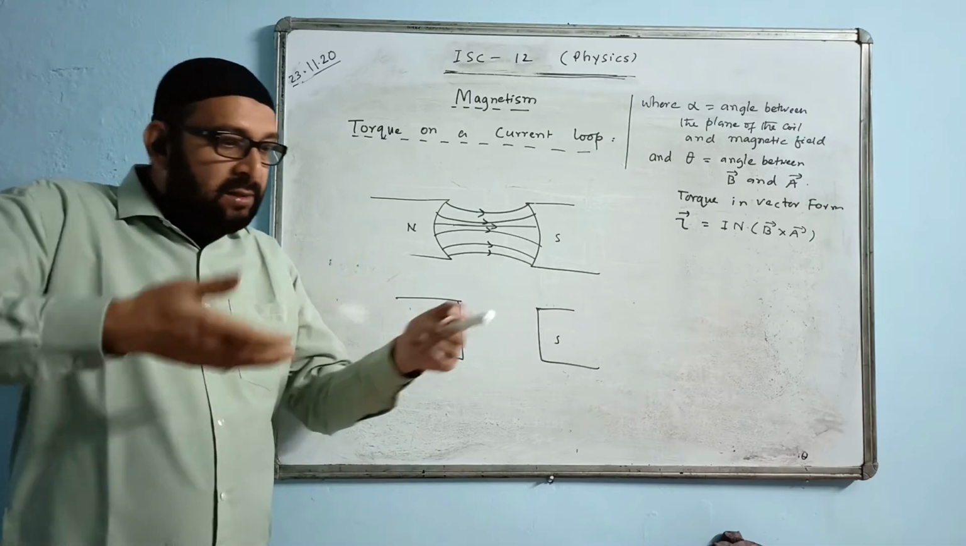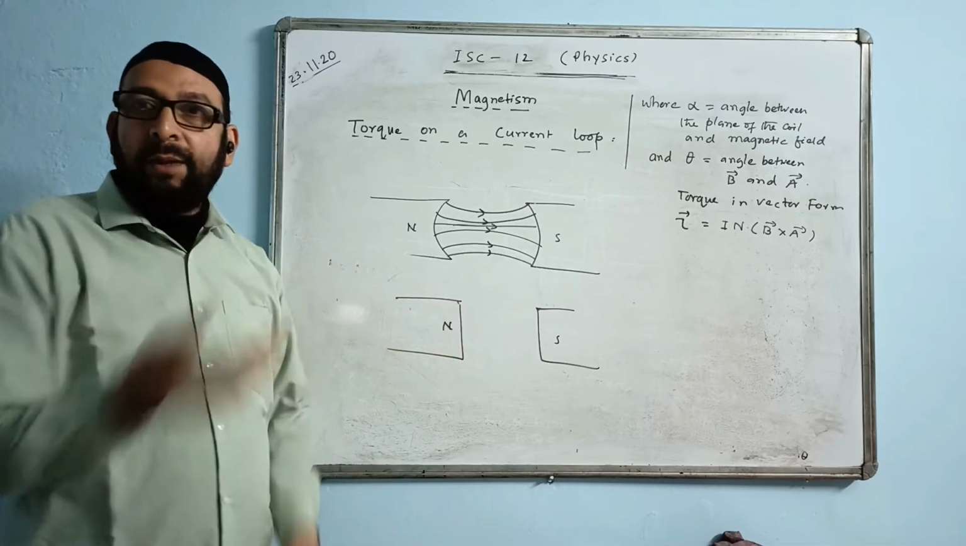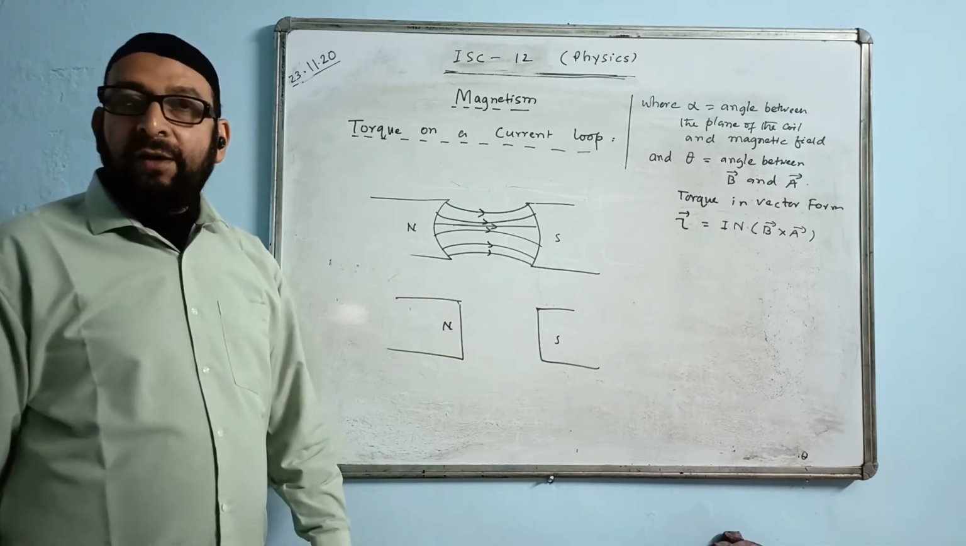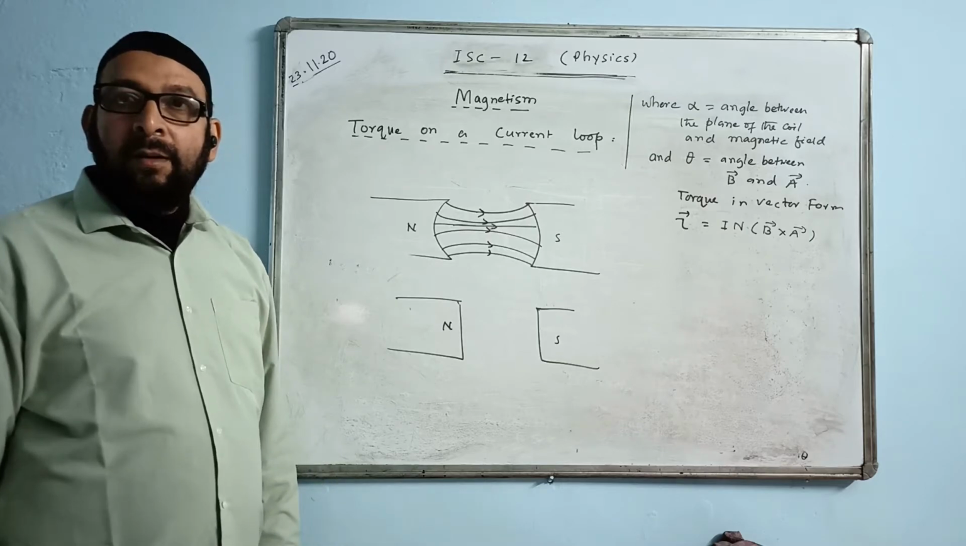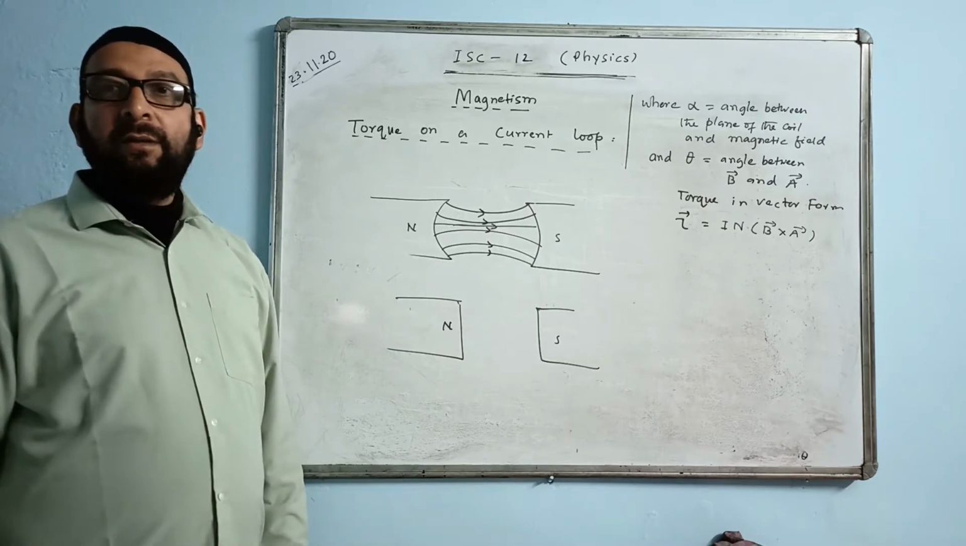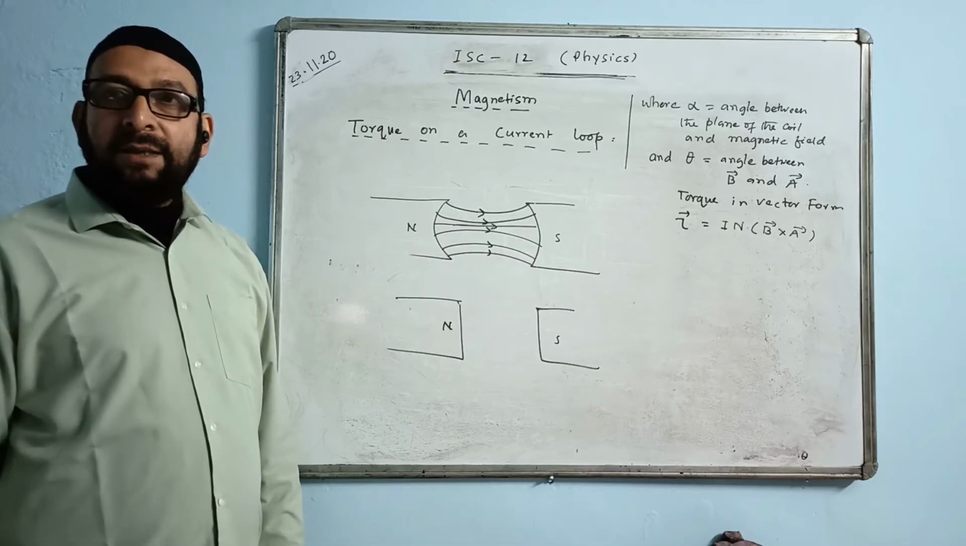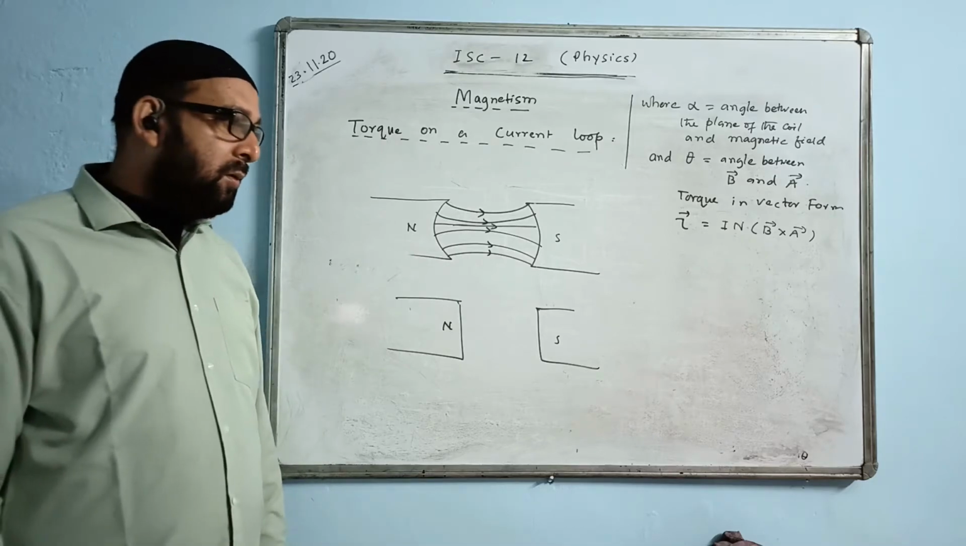Radial field means radius-wise field. Everywhere a radial field will be obtained. To obtain a radial field, which provides a maximum and constant torque,